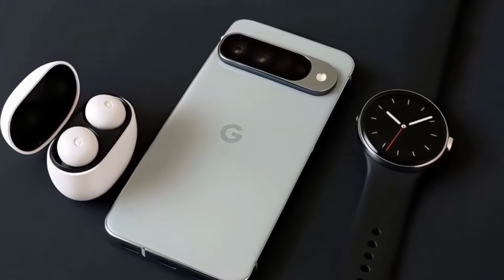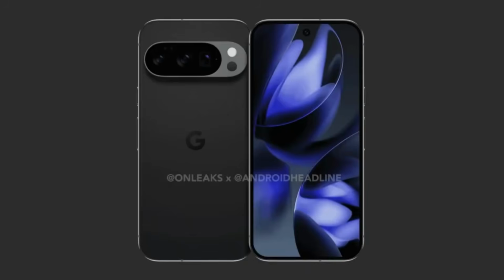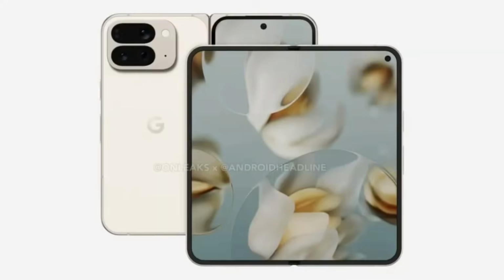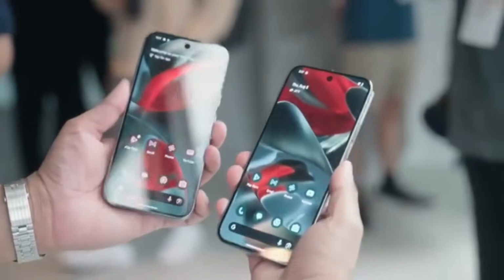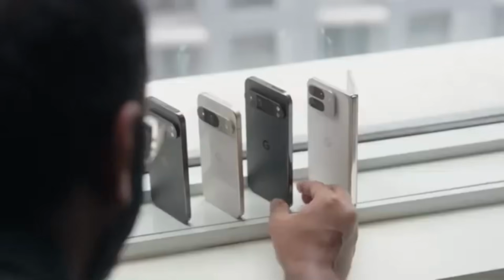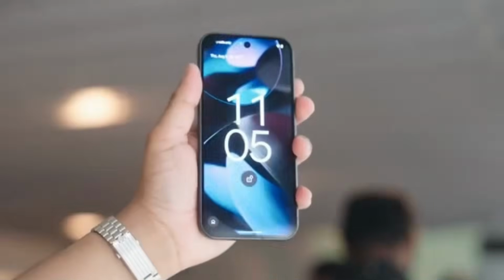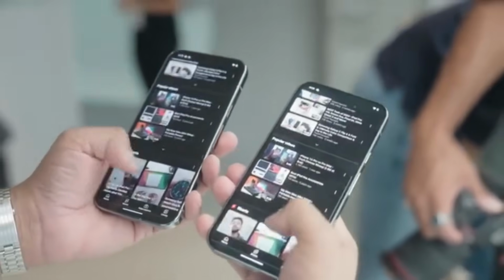The Pixel 10 Pro is shaping up to be one of the most anticipated smartphones of 2025, with Google preparing to launch a full lineup, including the standard Pixel 10, the Pixel 10 Pro XL, and the foldable Pixel 10 Pro Fold. All eyes are on the Pro model, and for good reason. There are three standout features that make the Pixel 10 Pro a strong contender for anyone considering a switch from